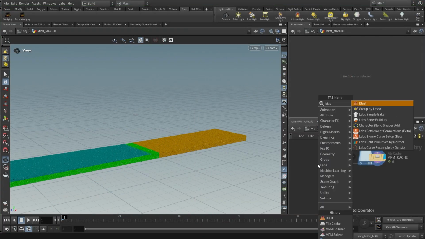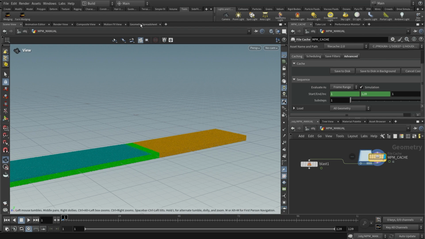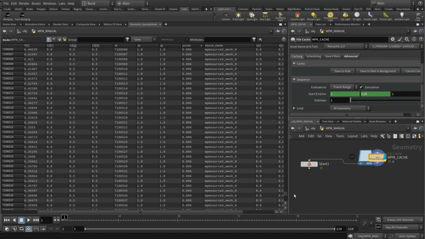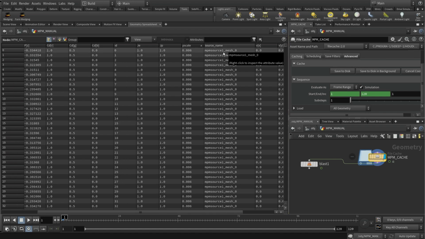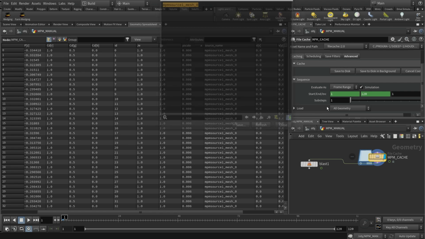In order to isolate the sources, we need to add a blast node and we need to type the source name of each of the sources. You can find the name in the geometry spreadsheet in the points tab. And here you can actually see that we have all of our sources. We can right click and hit inspect, copy and paste the source name, and then head over to our blast and type